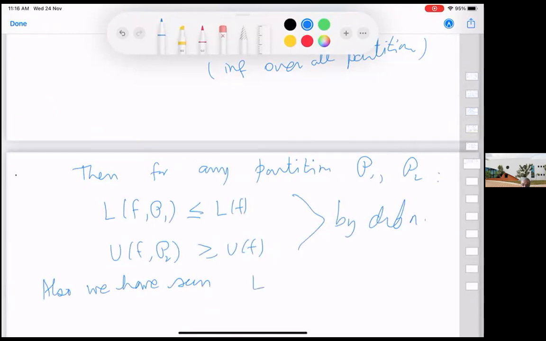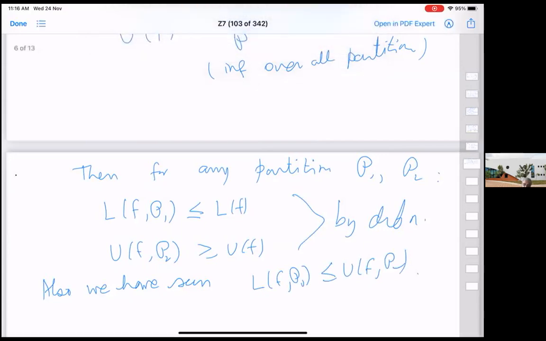So we have seen that LF P1 is less than or equal to UF P2. So it is possible to write it as